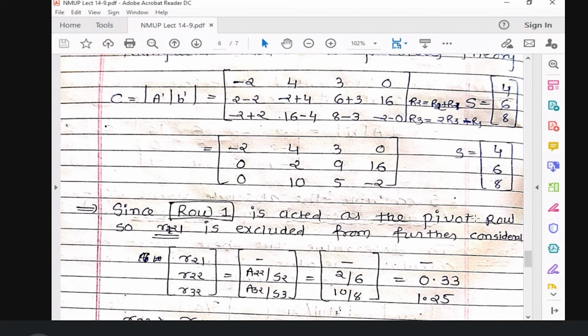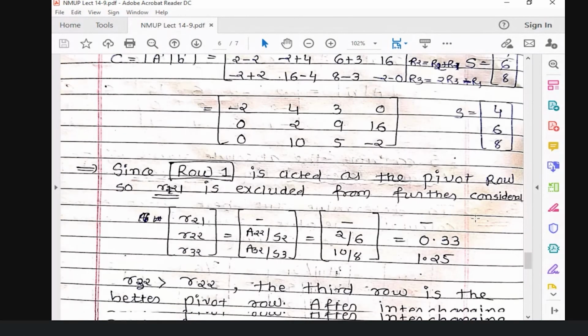Again, I'm using the same formula as we have discussed in step number 2. So for R22, we have A22 divided by S2. What is the value of A22? That is 2 by 6, which is equal to 1 by 3, and 1 by 3 is equal to 0.33, right? Then A32 and S3. Now why are we not taking the value of this R21? Because this value 4 is right now the pivot element in my pivot row, right? And that's why we are not making calculations for this R21. Now suppose my third row is the pivot element, then at that time I don't have to make the calculation for this value, right?